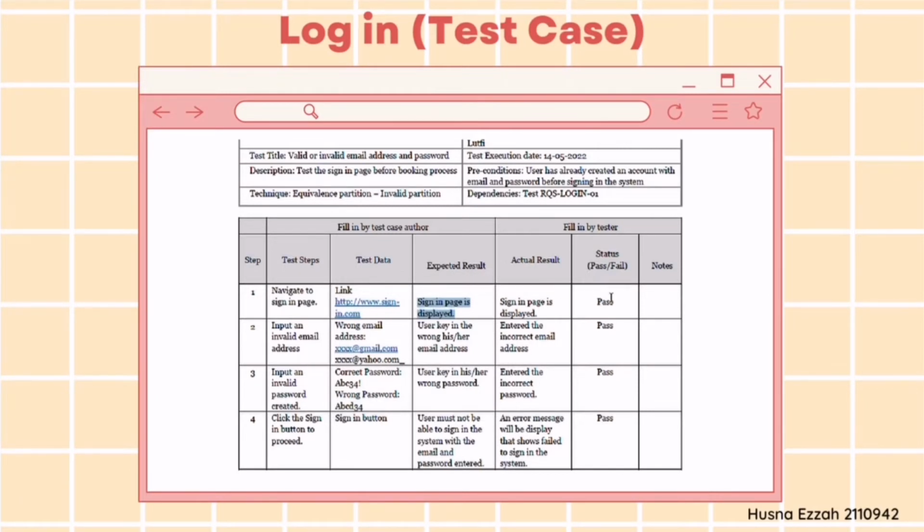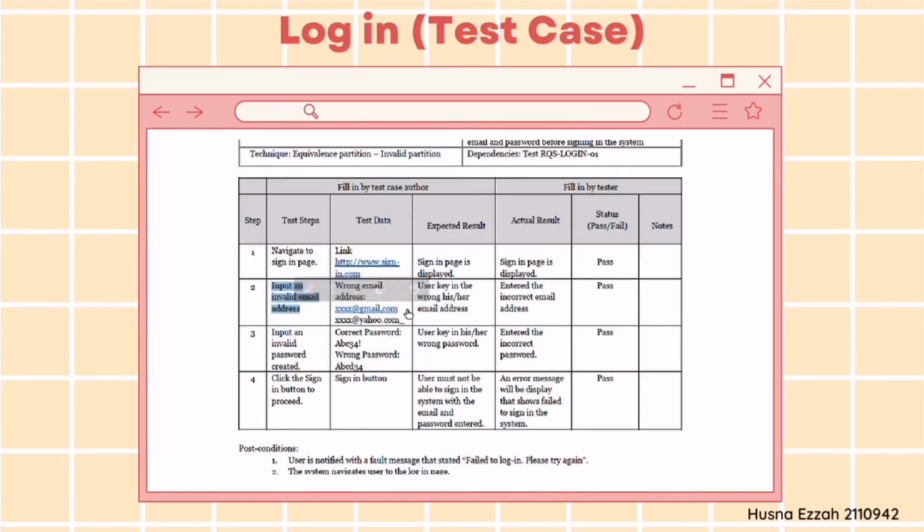The next step, user inputs an invalid email address. For the test data, a wrong email address might be the user putting a comma symbol instead of a dot symbol and such. The expected result, user keys in the wrong email address. Actual result, enters the incorrect email address and status passed.